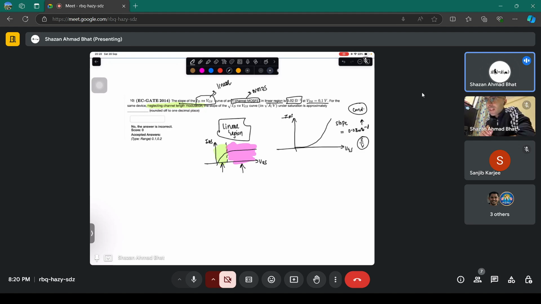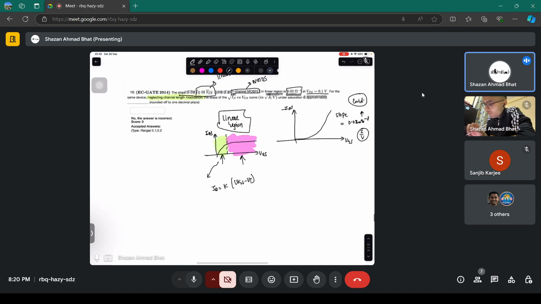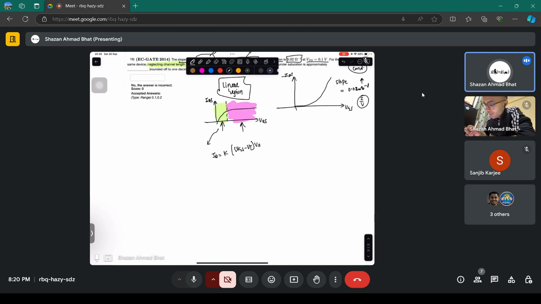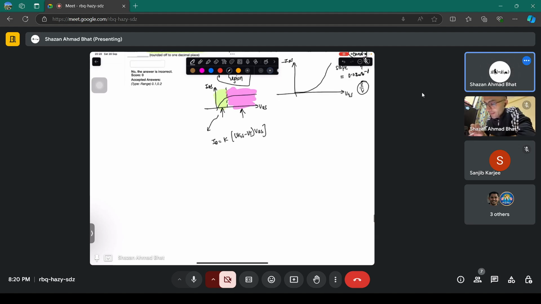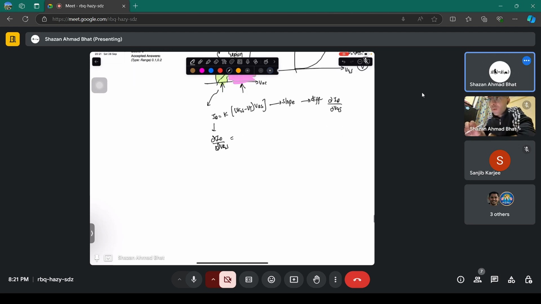Now, you know that in the linear region the current is equivalent to the transconductance K times VGS minus VT times VDS. If you have to find the slope of this, how do you find it? You differentiate it, dID by dVGS. What do you get when you differentiate it? You get K times VDS,